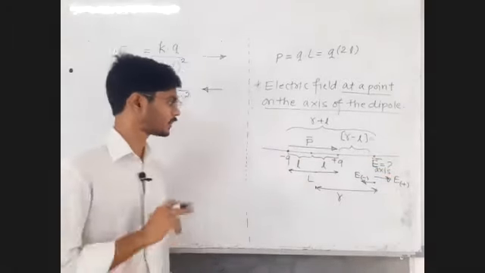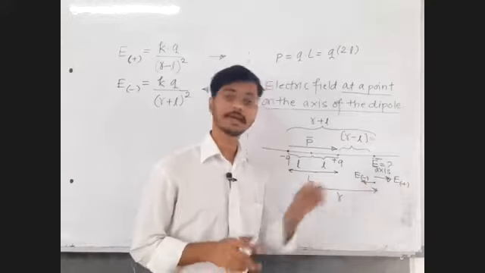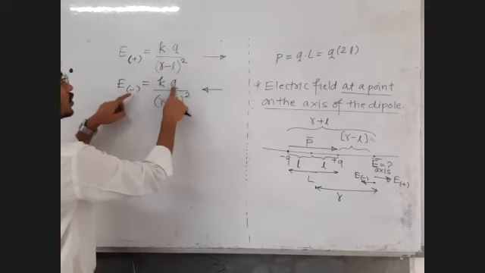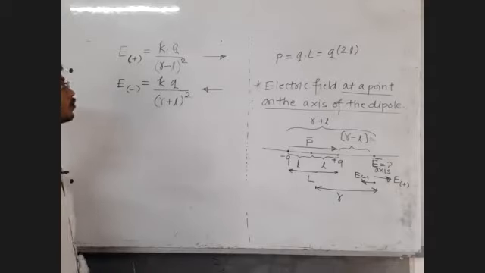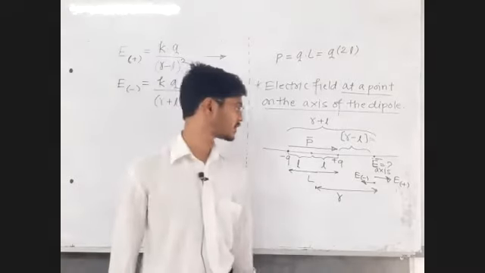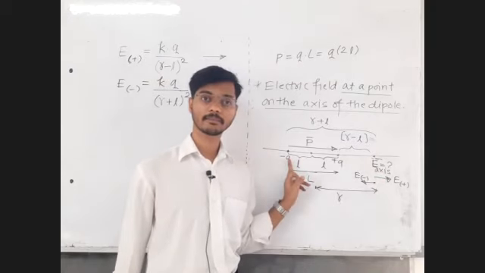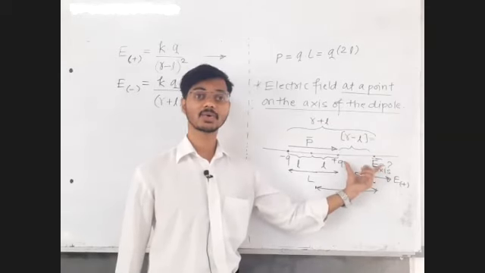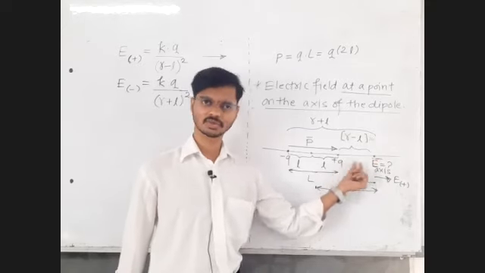Now you tell me, before that, which value of electric field will be more, E plus or E minus? Here we have R minus L, here we have R plus L. Which number will be more, E plus or E minus? Whose electric field will be more at this point, the positive one or the negative one? The given point is at a closer distance. Given point is closer to which charge? To the positive. So its field will be more.